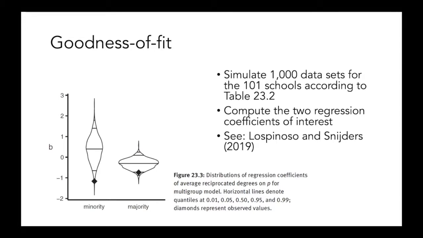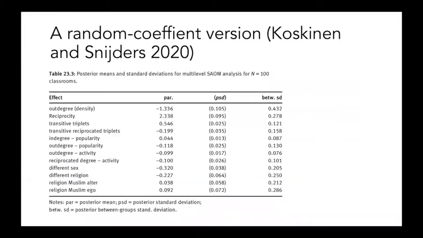So then comes a technical innovation of Tom. He said, okay, let's try this not with a fixed effect model, assuming that all classroom effects are the same for all the classrooms, but let's try it with a random coefficient version of this longitudinal multi-level approach. This is something he developed recently and also implemented in this package. And these are now the random coefficient versions of the former model specifications. Without going into detail, when we compare them, they are roughly similar, but not in each case. Some of the effects are now more pronounced than before. I leave this